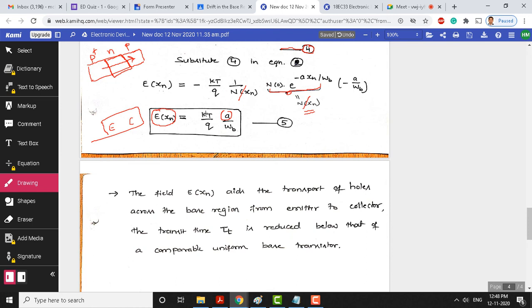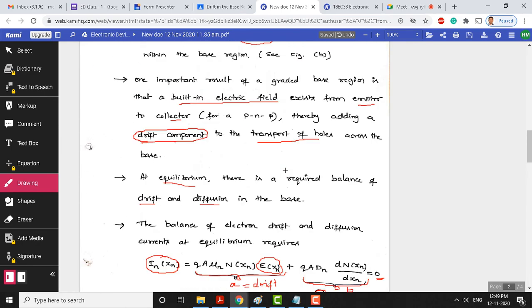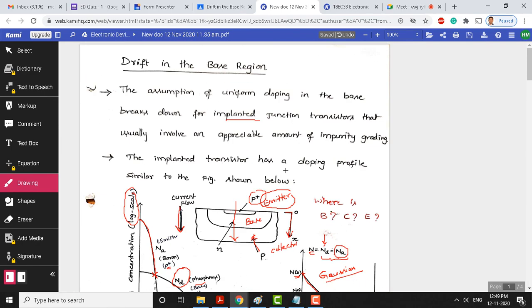The electric field is a function of the distance, the base width, and it is also a function of the doping within the base region here. That is what this equation tells you, and it also depends on the transit time, the hole distribution within the base region. The W B, if it is larger, then the amount of time taken is going to be large here. So, tau t indicates the transit time for the charge transport within the base region. I hope this gives you a little information about drift in the base region.